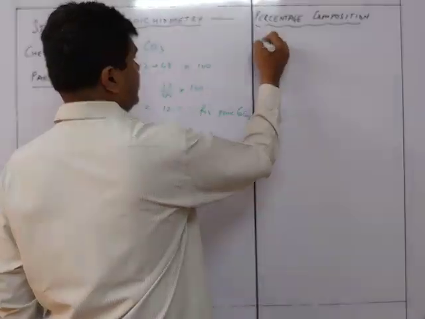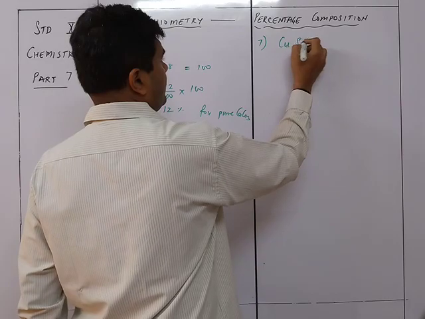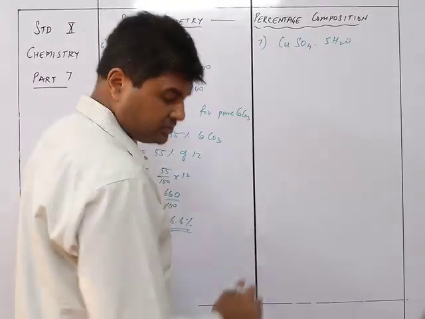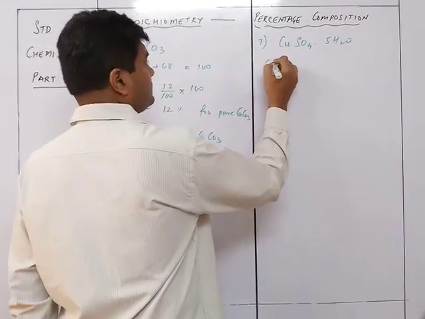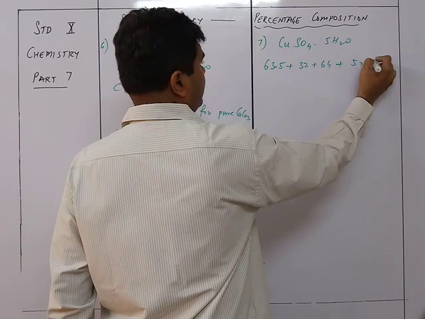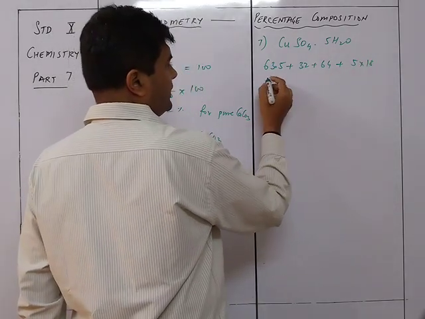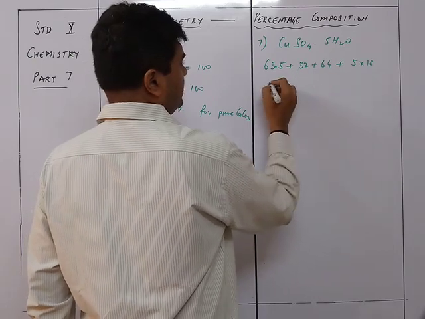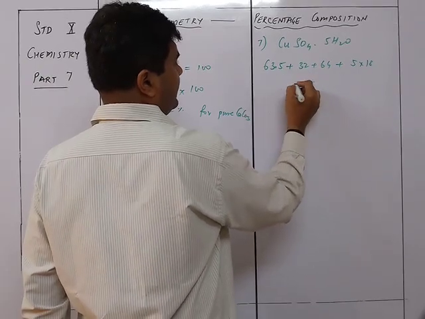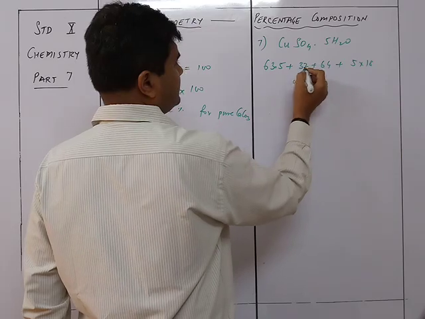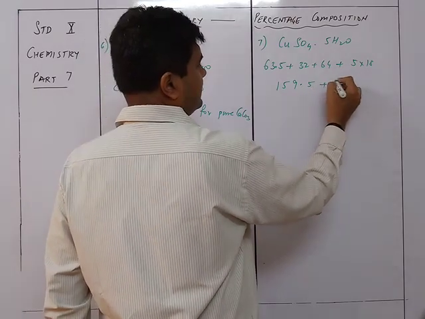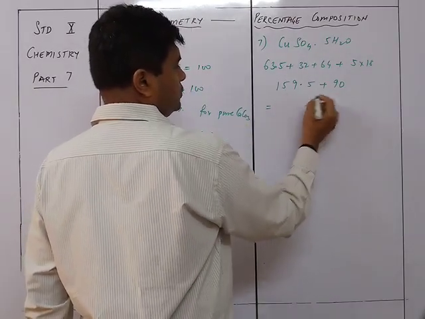Cu is 63.5 plus 32 plus 64 plus 5 into 18. So 159.5 plus 90 is equal to